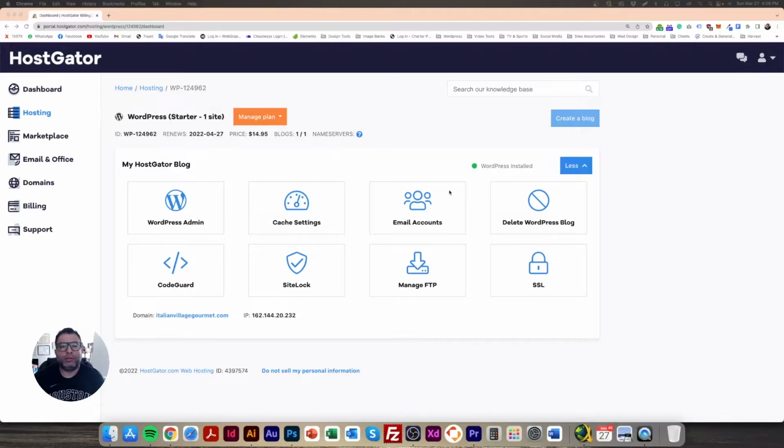So we come back now with our process of pretty much creating the page. Previously we set up the domain, we bought a domain, then we set up the hosting on HostGator, and then we have both sites connected with the DNS settings. Okay, so everything is set up from the GoDaddy perspective, from the HostGator perspective,